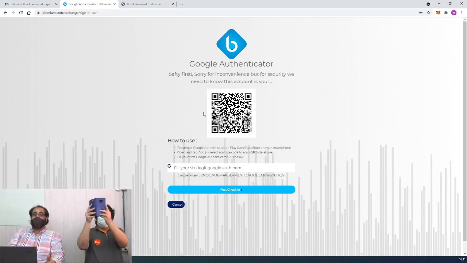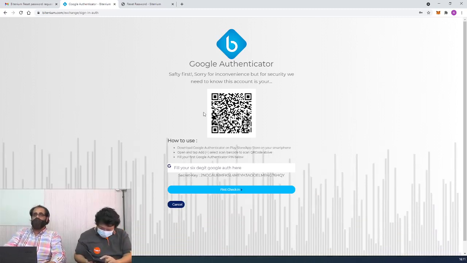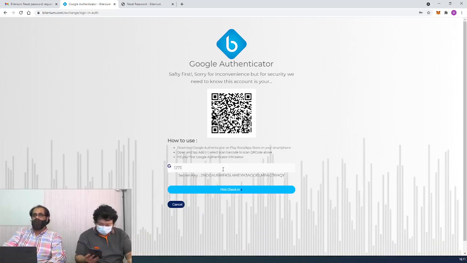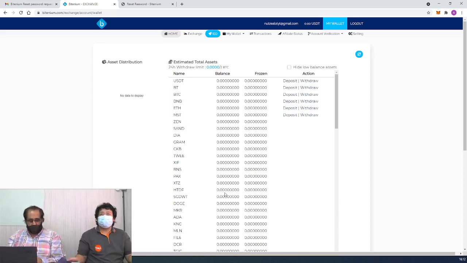Just scan the QR code and add the 6 digits. The 6 digits will change every minute. You can even set it to 30 seconds or 2 minutes yourself. The recommendation is to just keep it as default, but if you want it faster than that, 30 seconds can also be done. It's up to you guys. Once you do it with Google Authenticator, the OTP for security purposes,